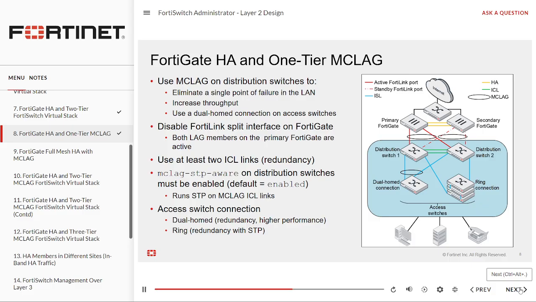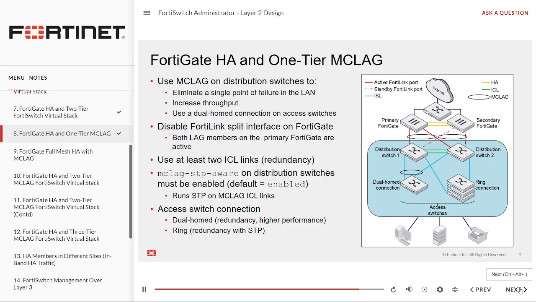You can use a dual-homed connection for an access switch, or a ring topology for multiple access switches. In a dual-homed connection, you use 2 uplinks, each connected to a different distribution switch peer. If you are using MC lag, the uplinks in a dual-homed connection operate as a lag. In a ring connection, you stack multiple switches, and then connect only the first and last switches in the stack to different distribution switch peers. Compared to a dual-home connection, a ring connection requires fewer uplinks, but provides a lower uplink capacity. This is because switches in the ring stack can use only one uplink because the redundant uplink is blocked by